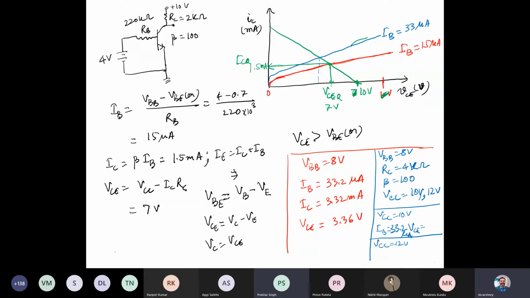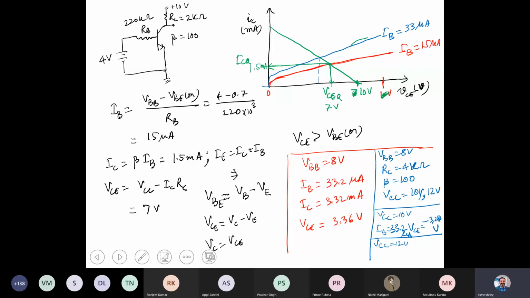How much is the VC in this case? Minus 3.28. Okay, now what you see here is minus 3.28 volts, right? Minus 3.28 volts. So what it means is that we are already somewhere less than 0. Now it means for this set of parameters, the transistor would enter into saturation mode.